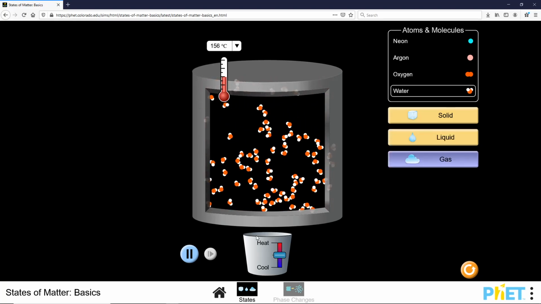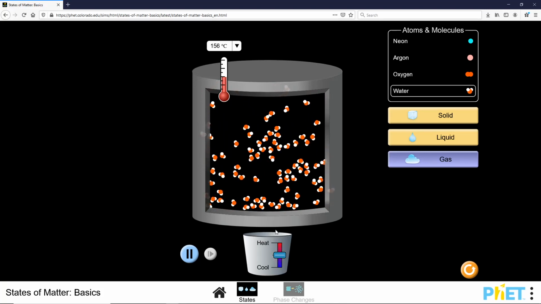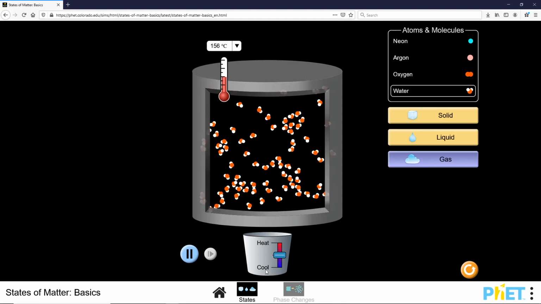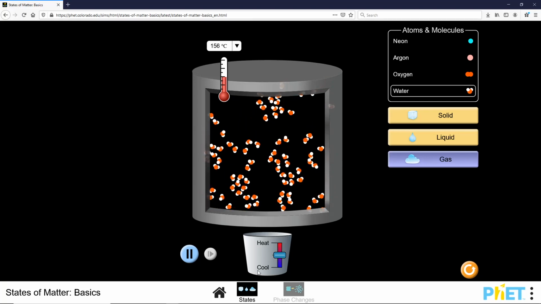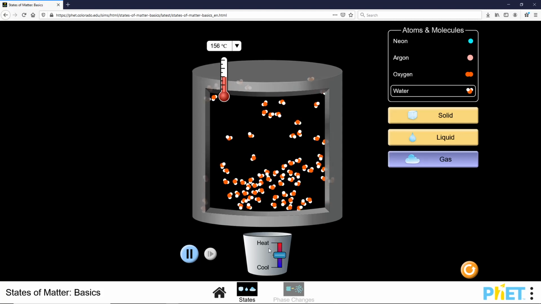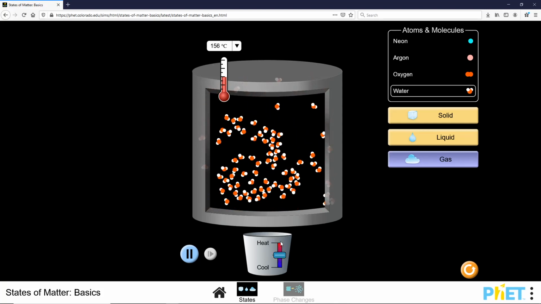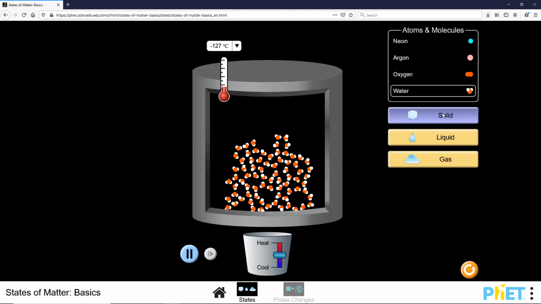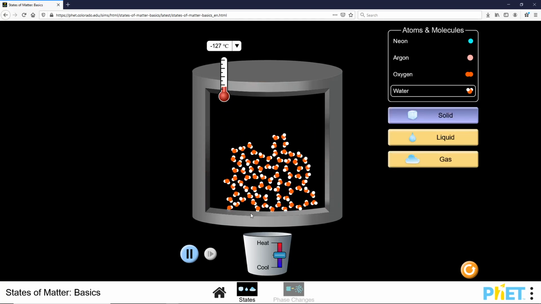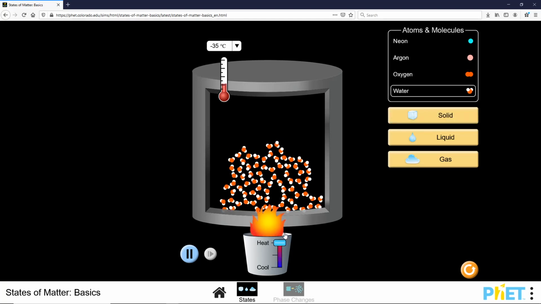We can actually play with this little device down here, and this increases the amount of heat or decreases the amount of heat, which we say is cooling. Okay, so basically there is a little toggle here that you can either increase the heat or decrease the heat. So if we go to a solid, remember the particle theory. Now this is where the particle theory links with the heat and temperature. If we add more heat, we see here that